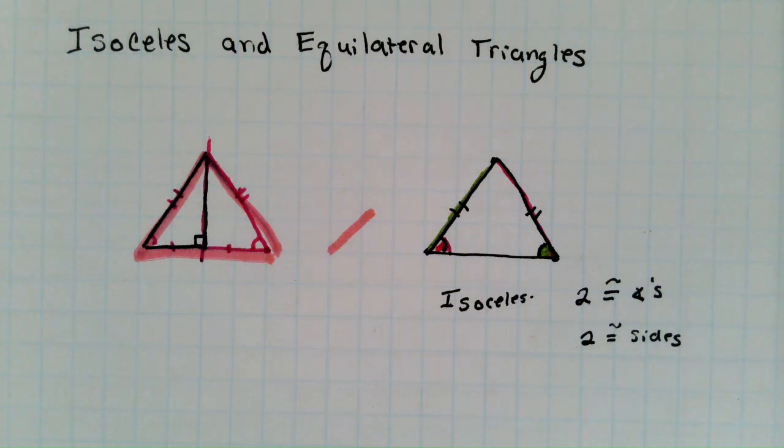Okay? So if you have 2 congruent angles, you have 2 congruent sides. If you have 2 congruent sides, you have 2 congruent angles. That's just the way it works. They have to go hand in hand. So the definition of an isosceles triangle is that you have 2 congruent sides and 2 congruent angles. Okay, so